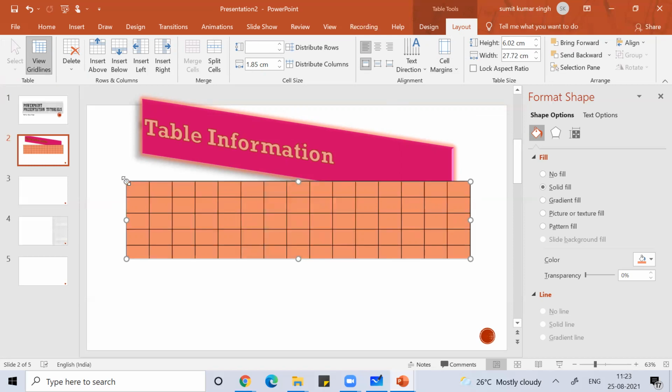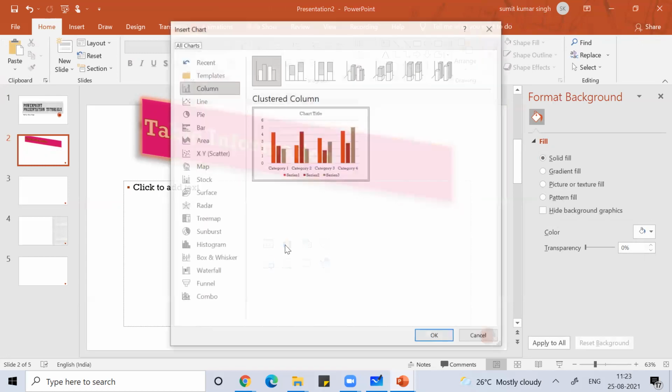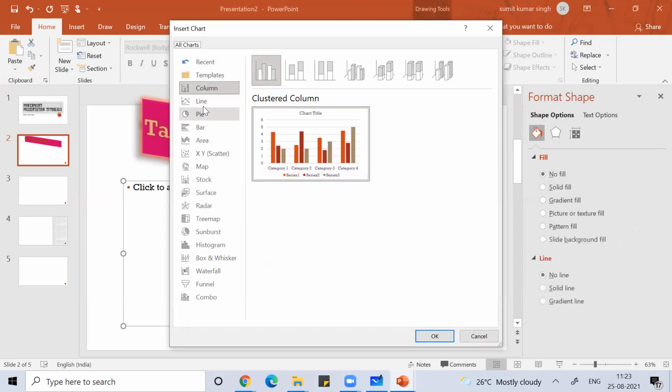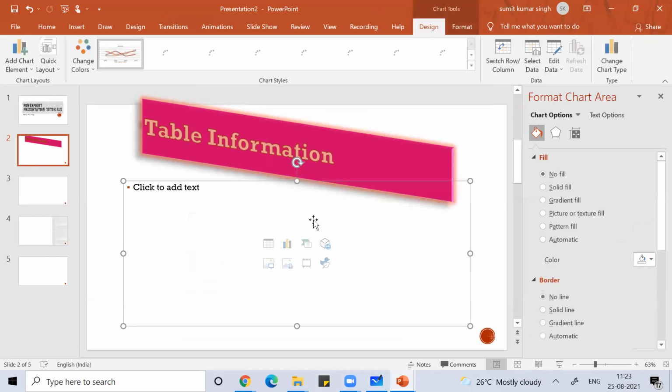To work in PowerPoint, you get a lot of features. You can add tables, you can add charts: line diagram, bar diagram, pie chart, a lot of things are there. You can add them.